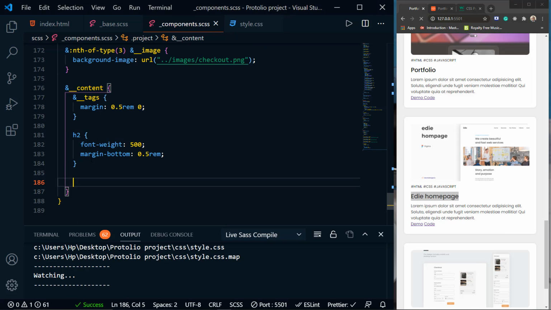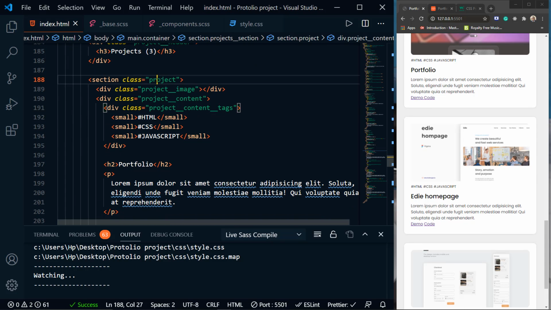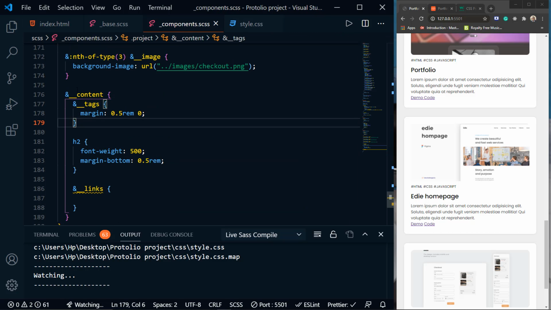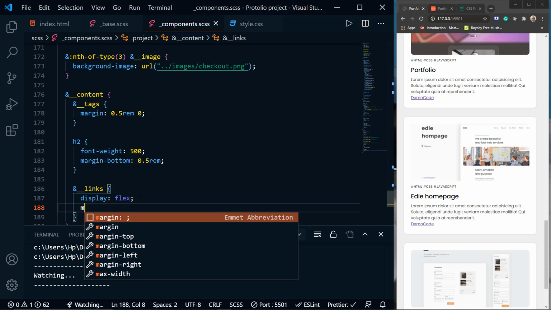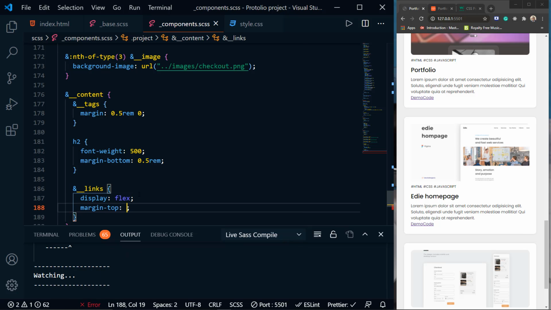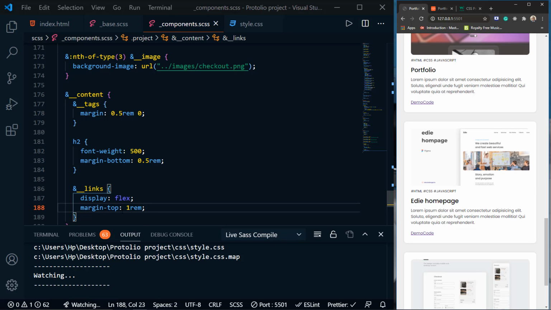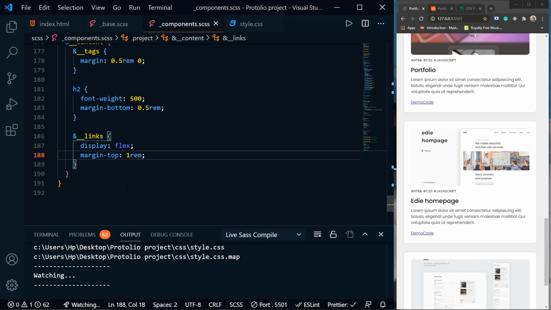Then we want the links. So remember I named it the project content links. Then here we're in the project content, then now links. Okay, so we want display flex, right? Then the margin top should be 1 rem. So we want some gap here. So this gap here, margin top should be 1 rem. Then the links